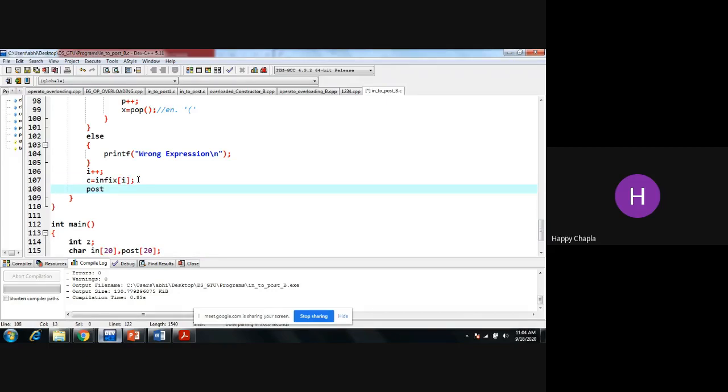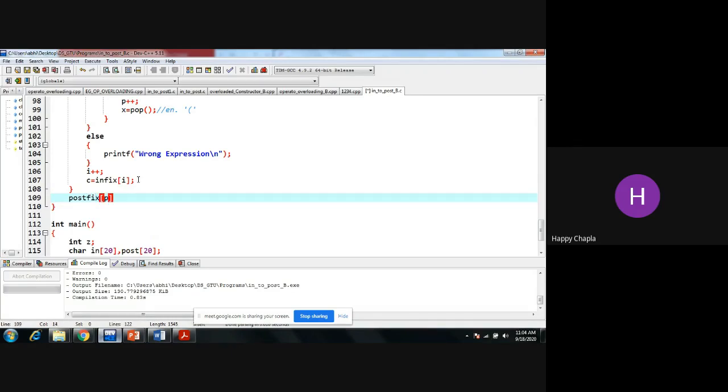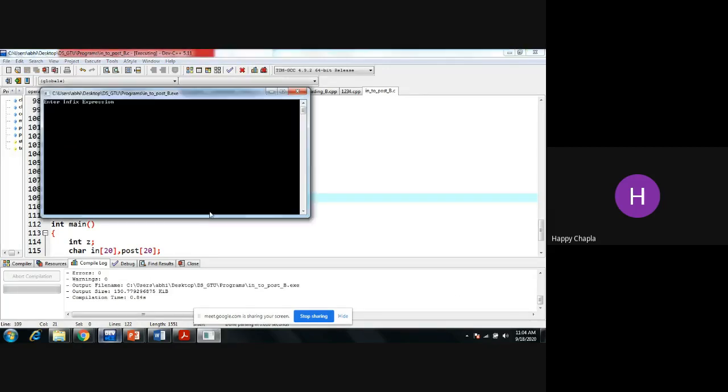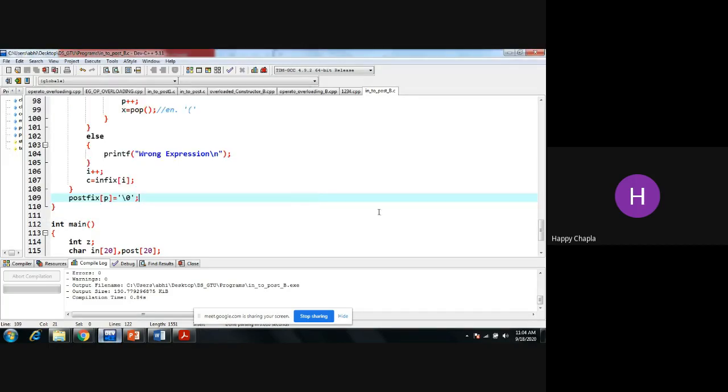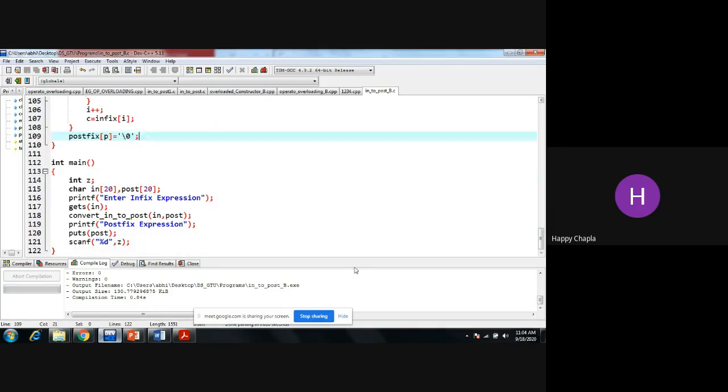So after completion of this while, postfix of p plus 1. No, I guess it's already incremented by 1, right? So postfix of p, store one null value, so it will not print the garbage value.